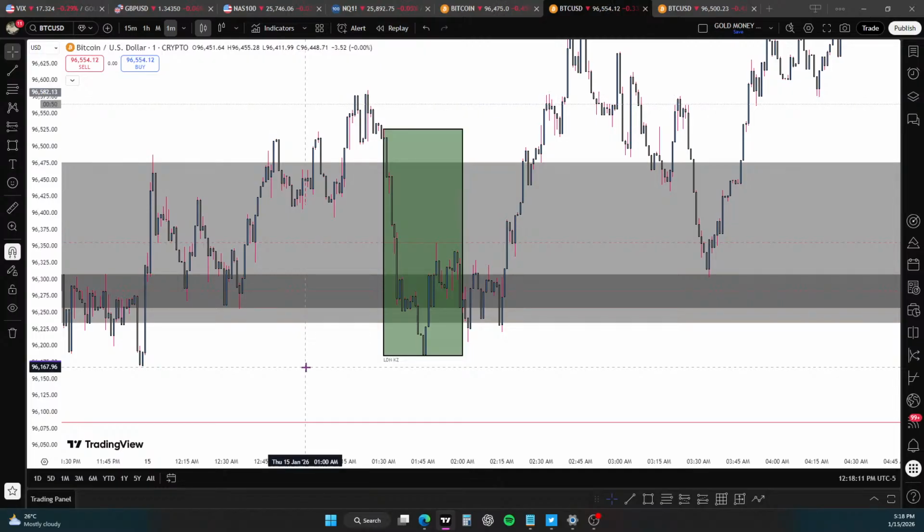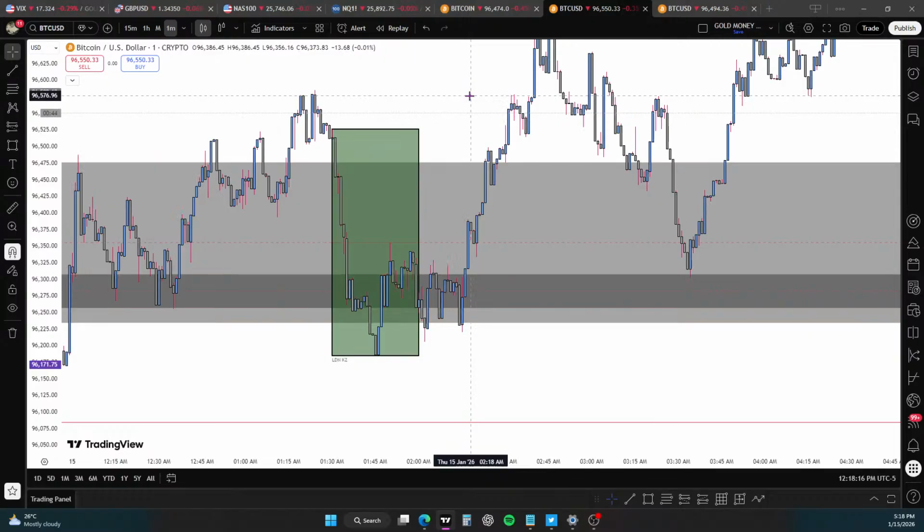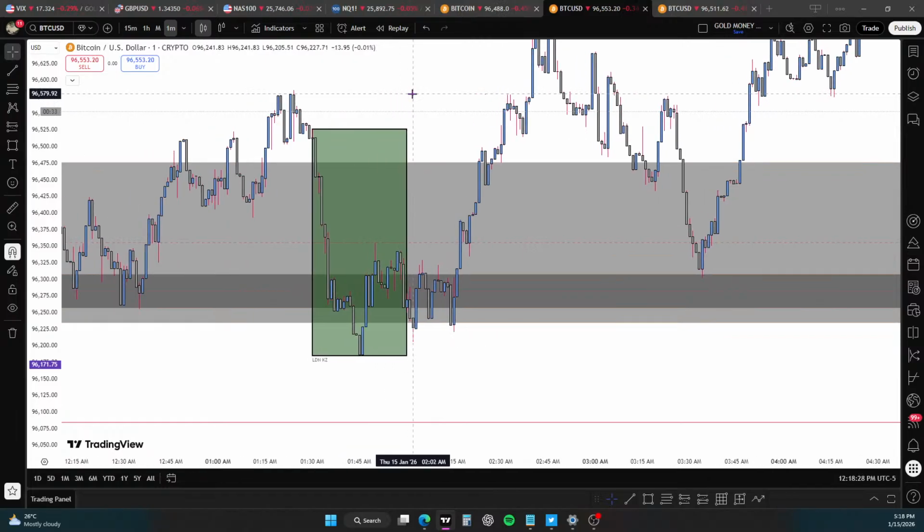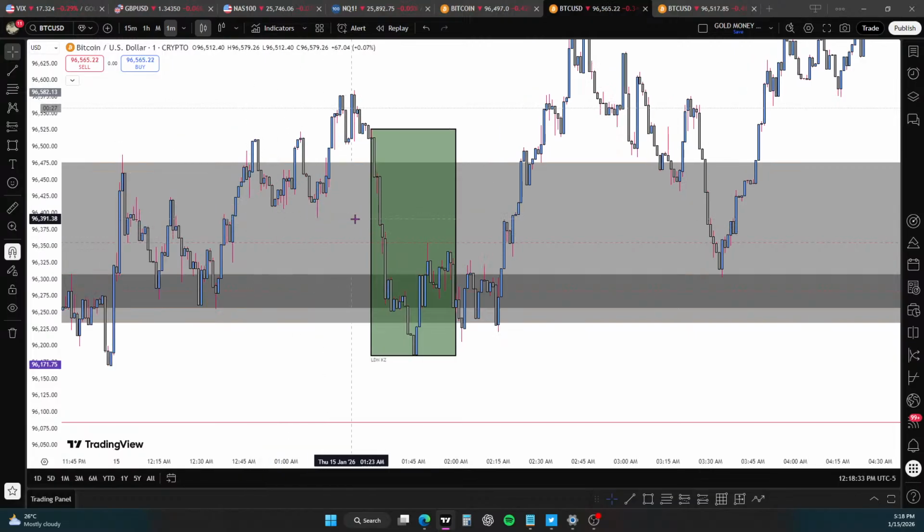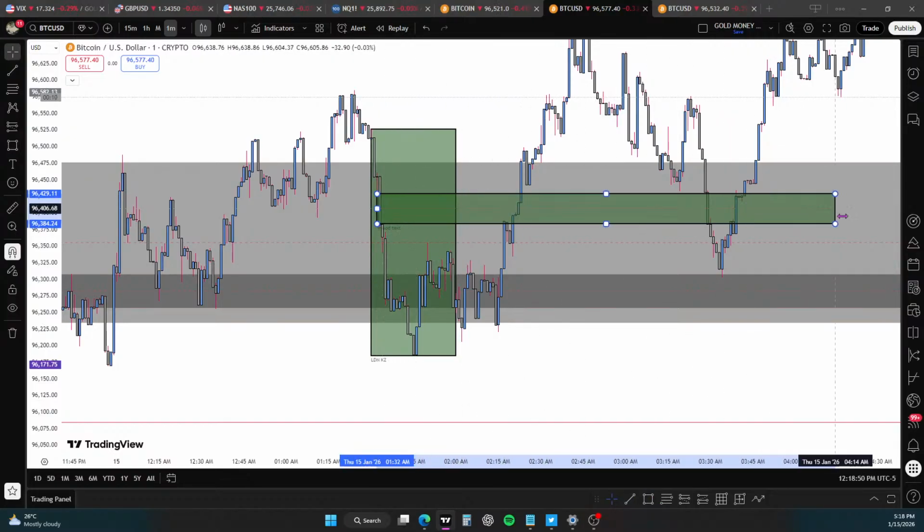The one that you want to be using is whichever fair value gap breaks structure or takes a high or low, or has something that stands out about it, even if it's really small. If it's a 3-candle sequence and one of those 3 candles takes the high or the low, or breaks structure or creates displacement, that's the one you're going to use. This low got taken out in this fair value gap. Even if this low got taken out by the 3rd candle in the sequence, you would still use this fair value gap because it's formed within that 3-candle sequence. So we take this to this, and this is our zone.